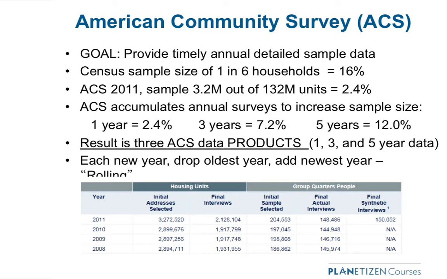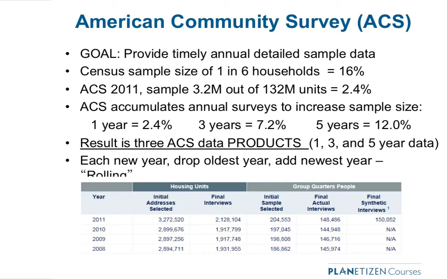You see, much smaller sample. So that means the data is not as robust for many of these detailed tabulations. So what was the answer? ACS came up with what's called a multi-year rolling sample. ACS accumulates the survey data to increase the sample size by simply adding years, and you end up with 3